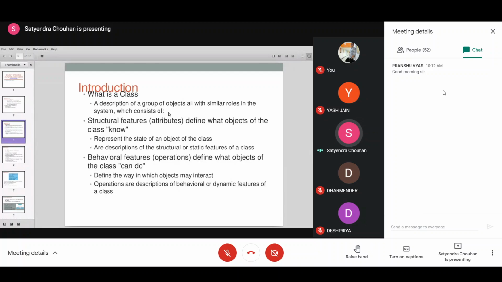And as we have discussed from day one, what is a class? It's a description of a group of objects. It is like a template for all the similar objects that have similar roles, similar features, or call them attributes or properties that define the objects, and the behavior, basically. That is the operations or the methods that an object of the class can do. So normally these attributes, features, also denote the property or state of the object.